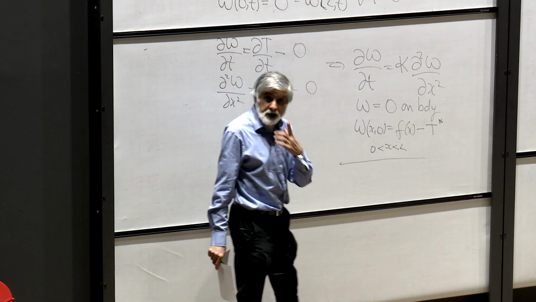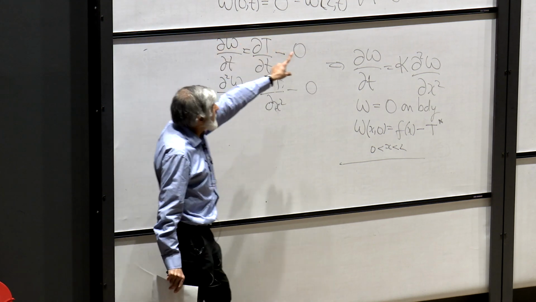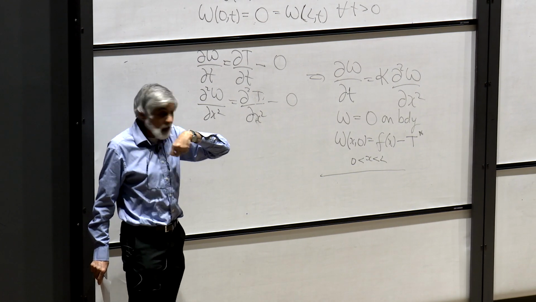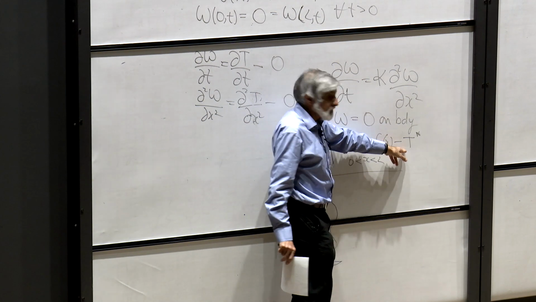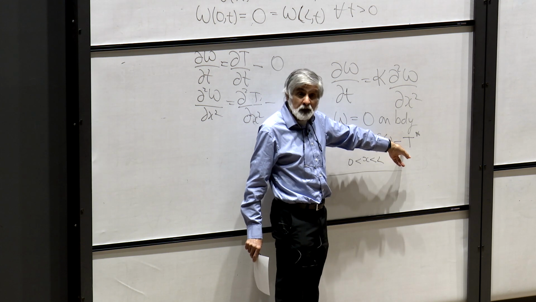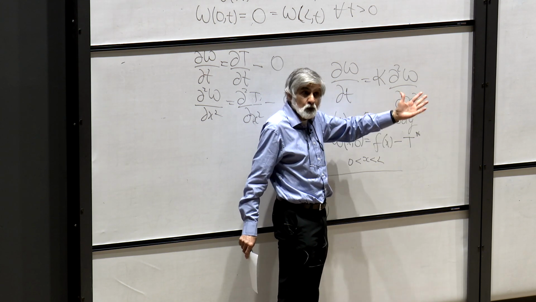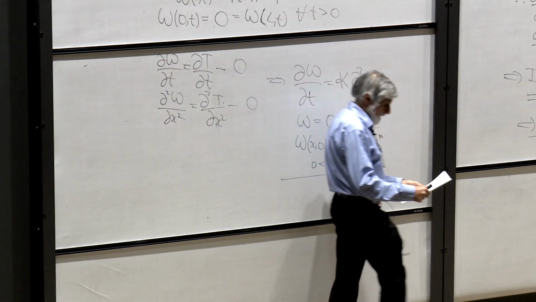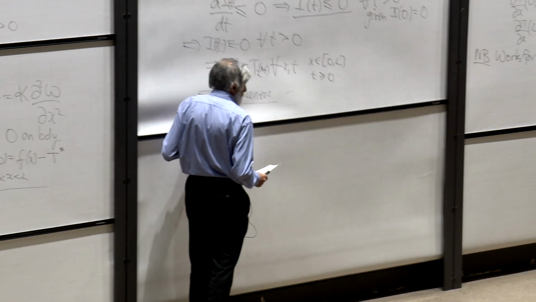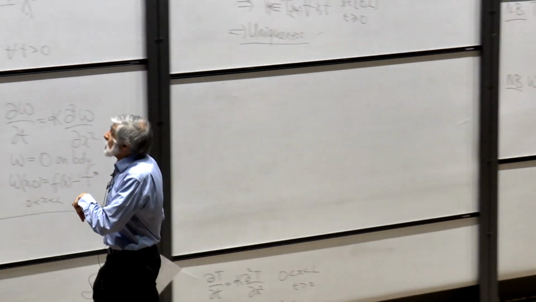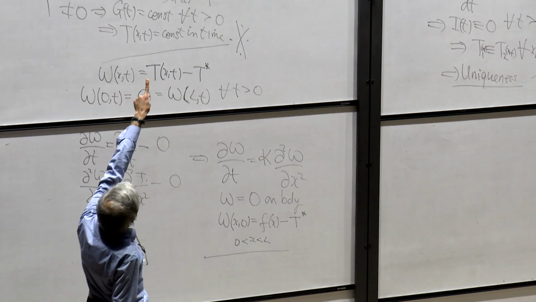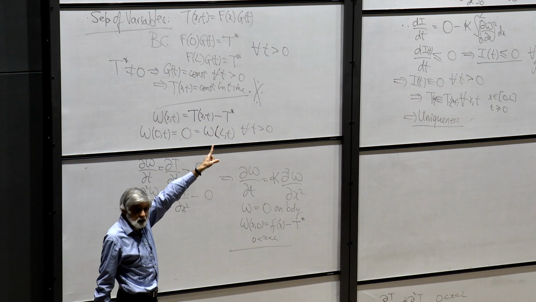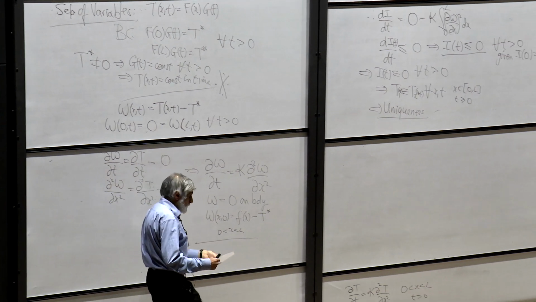Okay? So funny thing is, we've taken the T star out of the boundary condition, and we've put it into the initial condition, where it doesn't do any harm. And so it works. So that's the trick. Okay? Now, this trick, it was very lucky that this worked. It was very lucky that the T at 0 and T at L were the same. What would happen if they weren't the same?